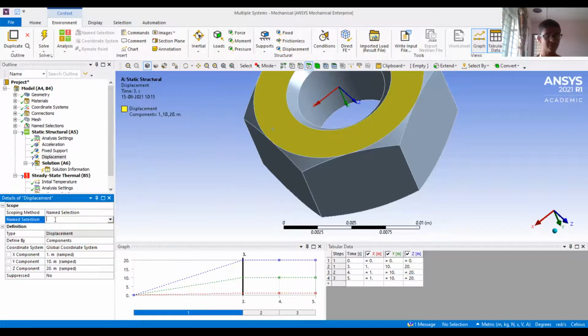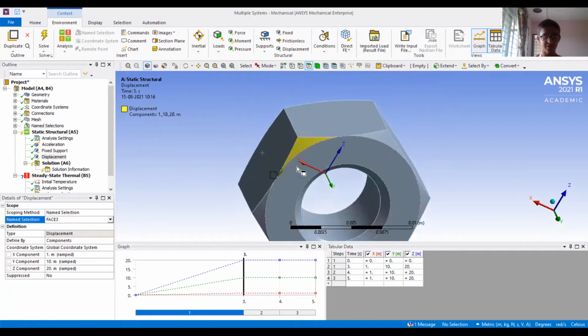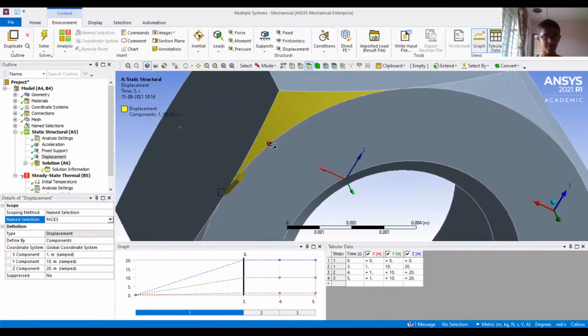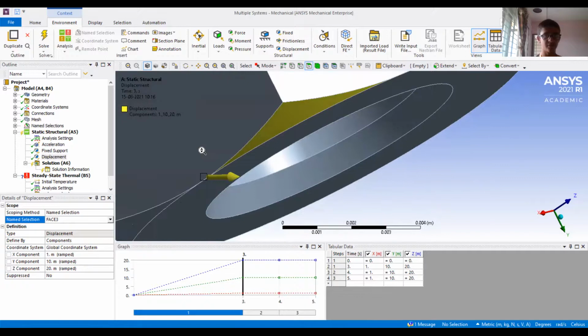And in the named selection, if I have made some named selection, I'll have the drop down to choose which face or which body, which edge to apply that constraint. So face 3 had already been named earlier, so I can just use this, and this is face 3. It has automatically selected it, named selection, and the components are as they are. So these kinds of options are also available to us.